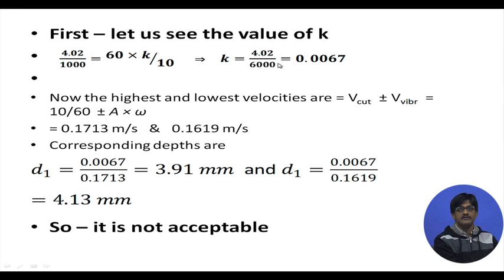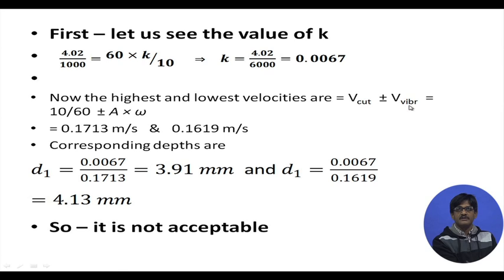K is equal to 4.02 by 6000, equal to 0.0067. Okay, that is understood. K has been found out. So, now we try to find out the highest and the lowest velocities. Highest and the lowest velocities will be equal to velocity of grooving, which is still 10 meters per minute, and